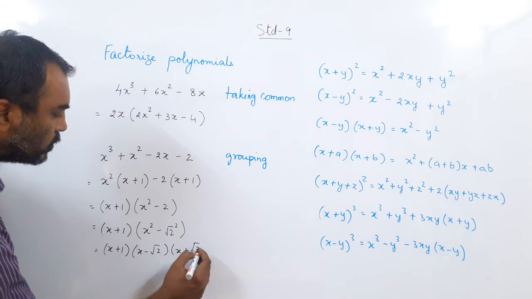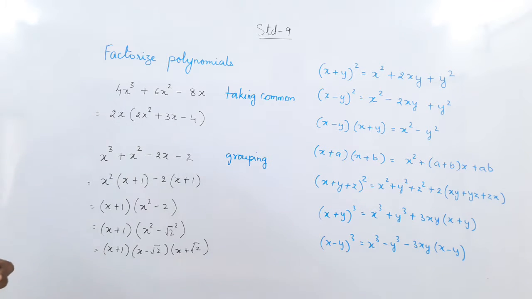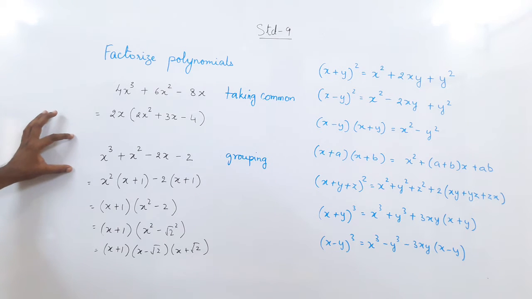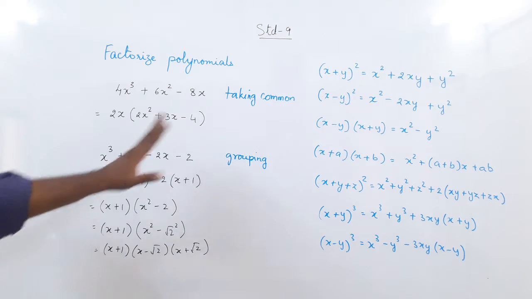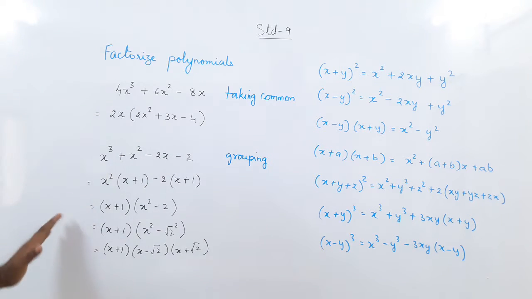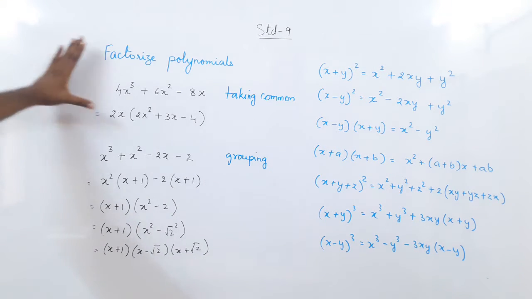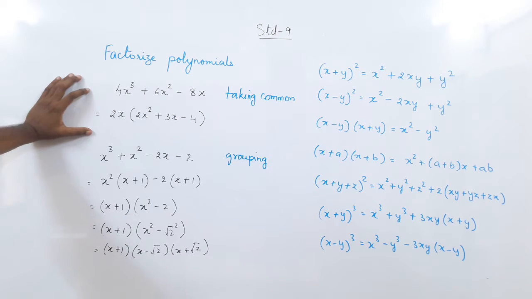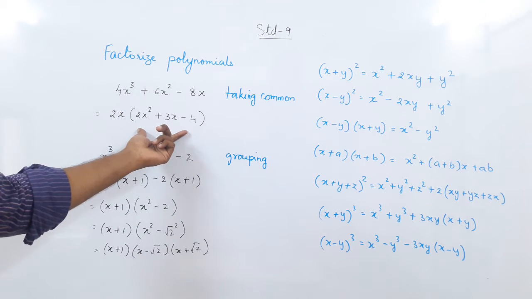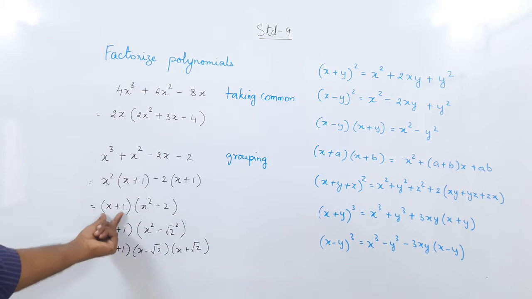So here I have factorized the sum not using the long method, the usual method of first finding a factor, then doing the long division, and then the factorization of the quadratic polynomial. Here I have taken a shortcut, the grouping method. Always remember that to factorize polynomials, first we try taking out what? Common. Once we take out the common things, we see what remains. Here we have taken out the x plus 1 common.